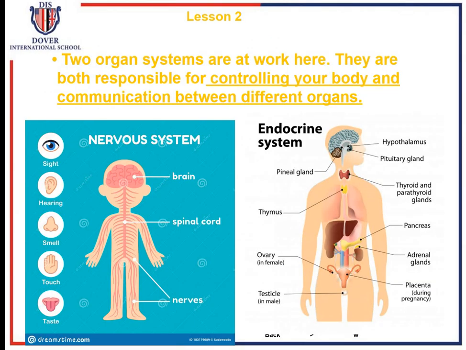In lesson 2, we talked about the endocrine system. And we started the lesson by talking about the two systems that are controlling my body. So my body is controlled by two main systems, which are the nervous system and the endocrine system. So what are the two systems that are controlling my body? The nervous system and the endocrine system. If I'm comparing between them,